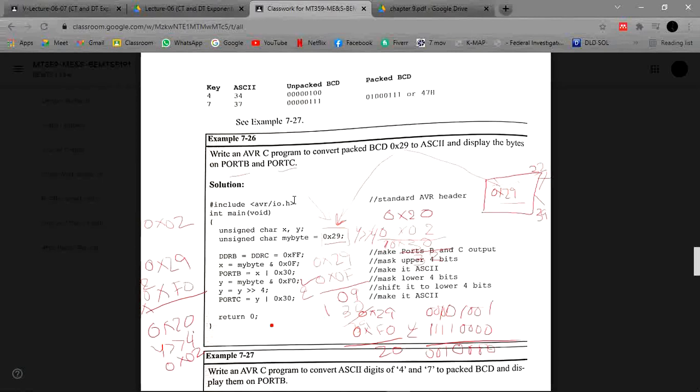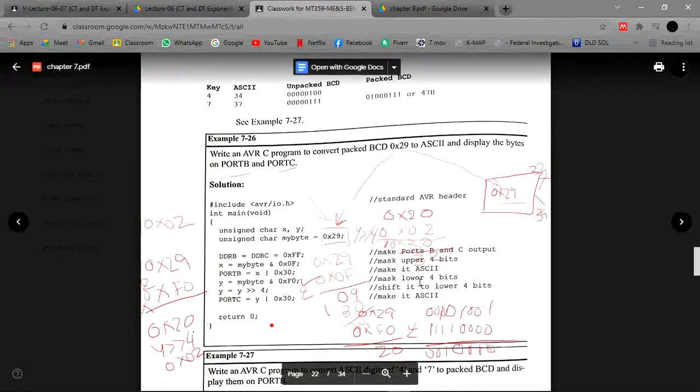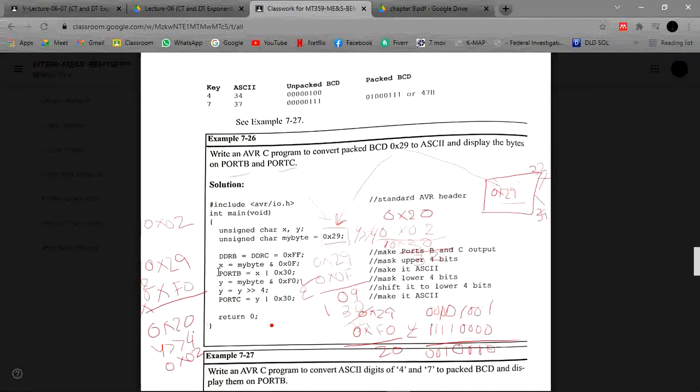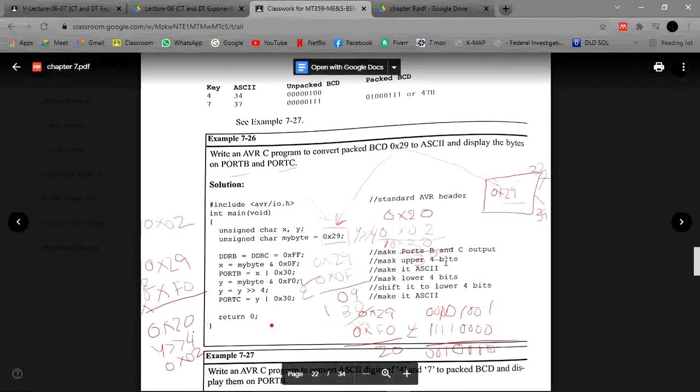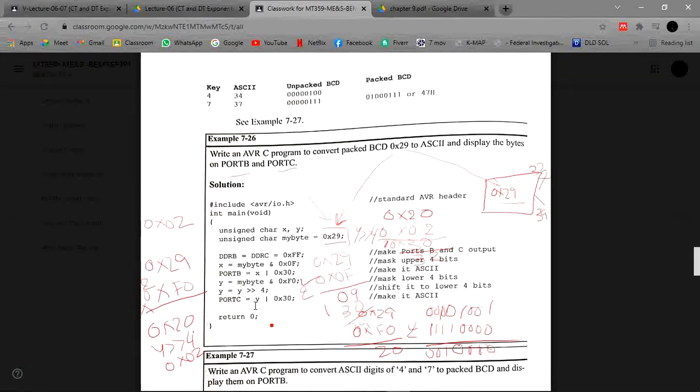As we create the unsigned characters X and Y, X is equal to my byte AND 0xF0, which masks the upper 4 bits, and Y masks the lower 4 bits.